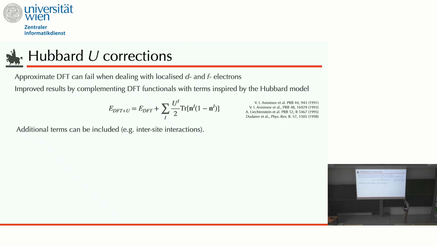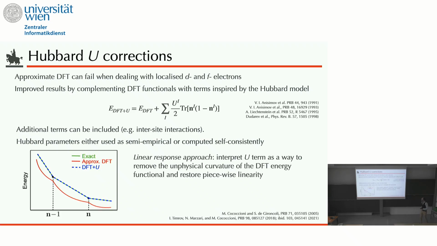And in this approach of DFT plus U calculations, there are different ways in which this U is interpreted. Sometimes it's interpreted just as a free parameter, purely empirical, to reproduce some experimental results, or it can be computed self-consistently. And even in this case, there are different approaches, such as the constrained RPA. The one way we are using instead is what is called the linear response approach of Cococcioni and de Gironcoli,